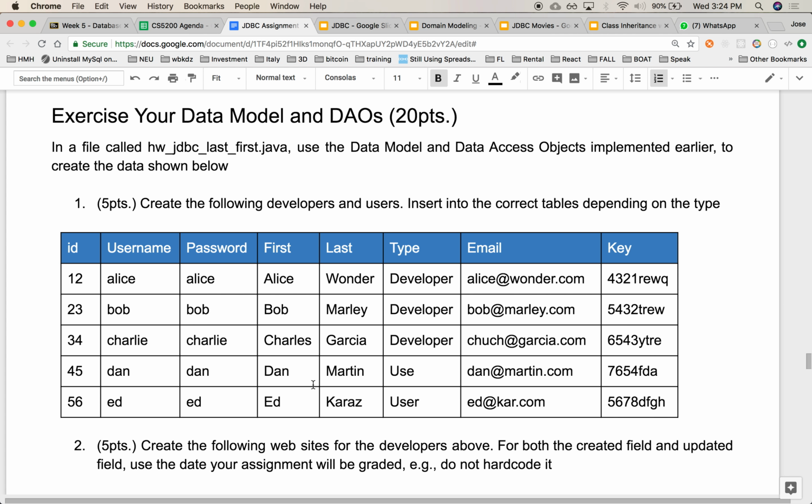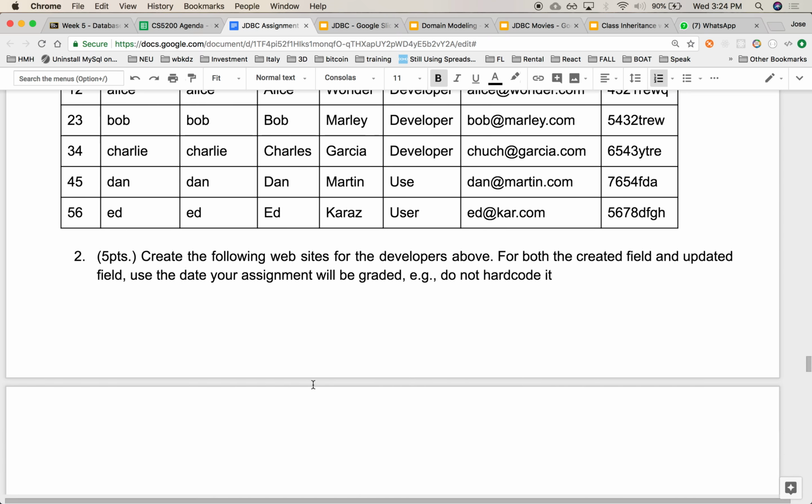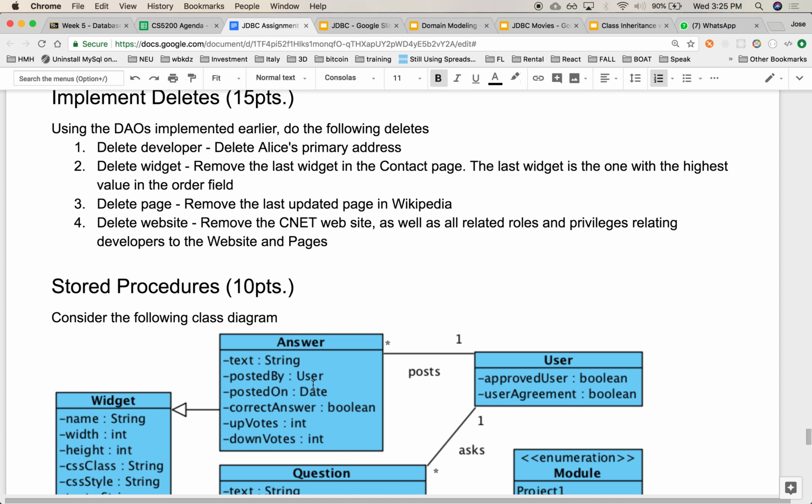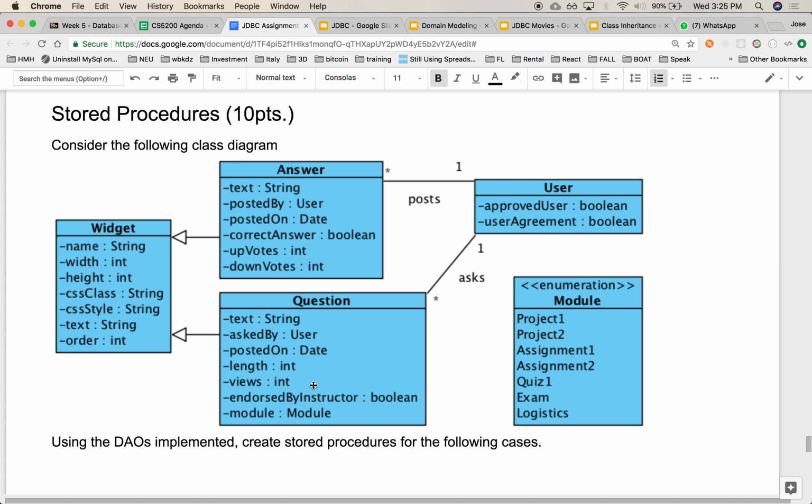We're asking you to use the same exact data that you used for the previous assignment. We'll ask you to insert all these folks. So using the DAOs you just created, you're going to exercise them by inserting, updating, deleting, and retrieving data, just like you did for the previous assignment, but now using JDBC. And finally, the last question is to create a stored procedure. This is why we had to go with AWS. You need to create a couple of stored procedures that